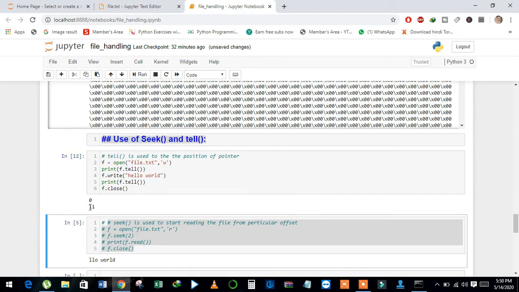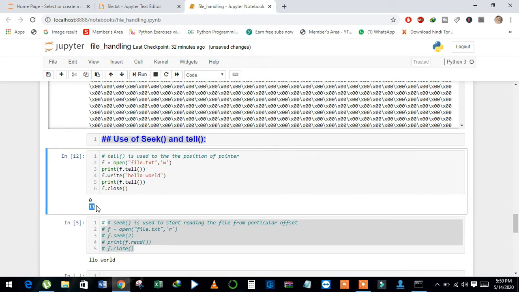Now see here, it returns 11 because it wrote hello world, and when we count the positions 0, 1, 2, 3, 4, 5, 6, 7, 8, 9, 10, it holds the position at the end of the line. That's why it returns 11.